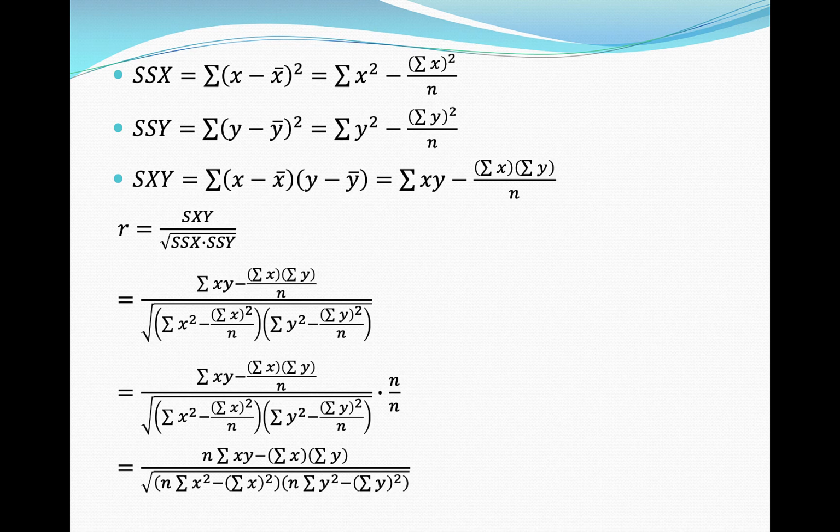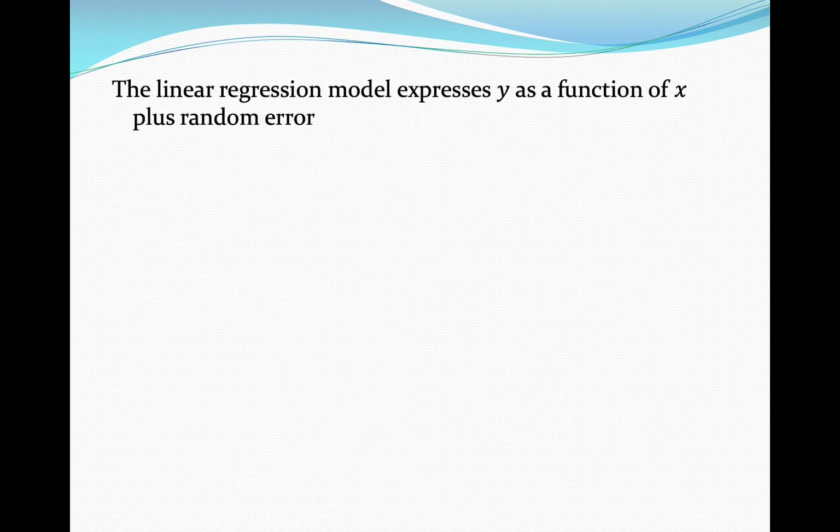Before we do that, though, let's talk a little bit about the mathematics that goes along with linear regression. Once we establish a strong correlation, we look at the scatter plot and we have a strong R value. Once we do that, we're going to be able to say that this relationship is strong enough to predict our Y variable based on our X variable with a small amount of error. So we're going to create a linear model that